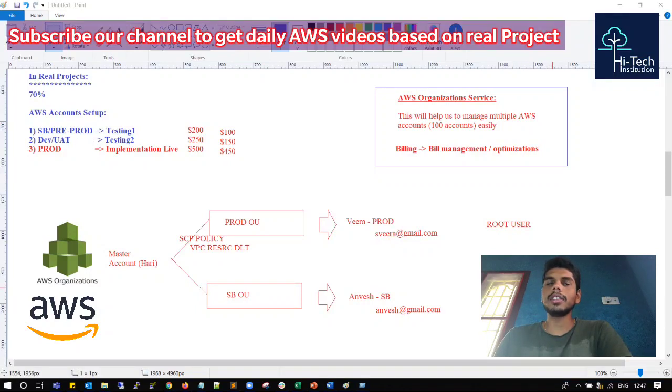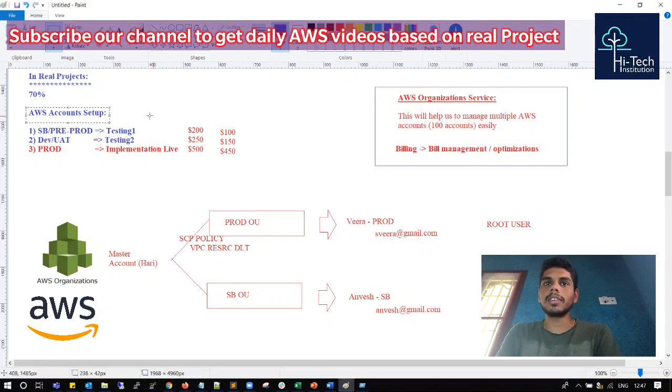In today's video, I'm going to show you how the real account setup looks on a real AWS project. First, you can see my screen here. I have clearly stated around 70% of the environment. If you go for any infrastructure, a similar kind of environment will be there in the project, guys. First, everyone has to understand the AWS account setup.